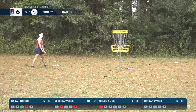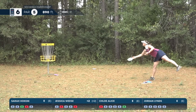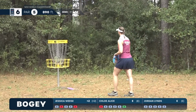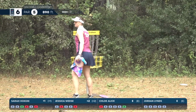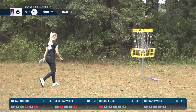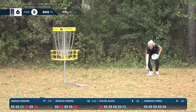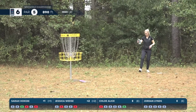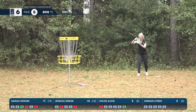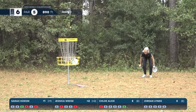And oh, no, Hokom fails to connect again. She leans back in frustration. There it is. Unfortunately, she picks up a bogey on that. You know, but I wonder though. She was putting for birdie, so after the couple missed putts, bogey doesn't really feel that bad. No, I mean she can definitely shake that one off. But I do wonder if it might be...